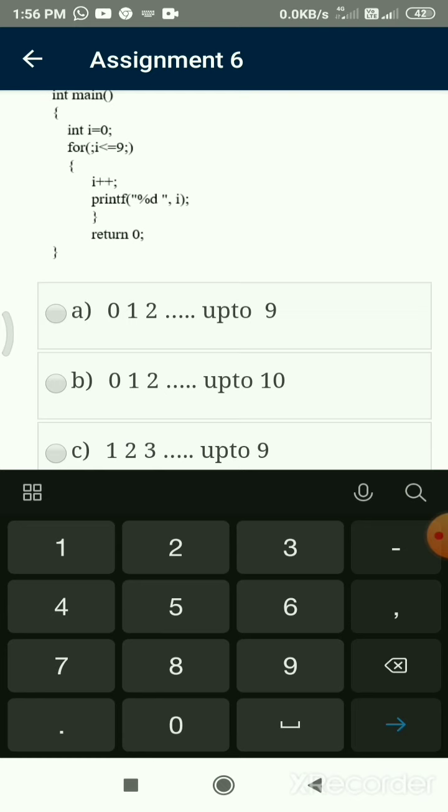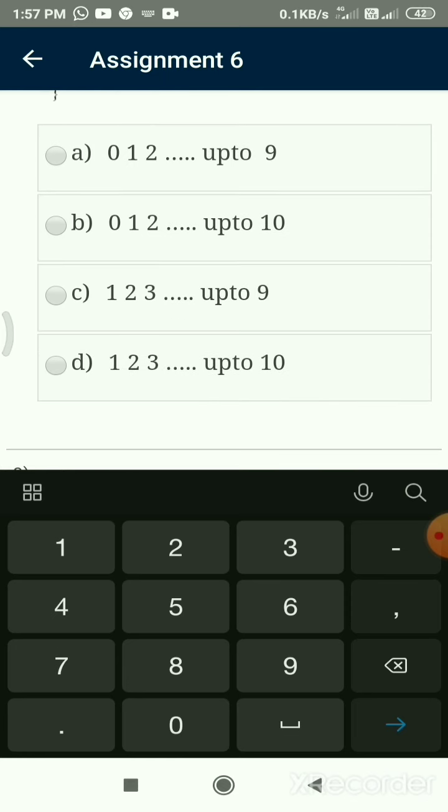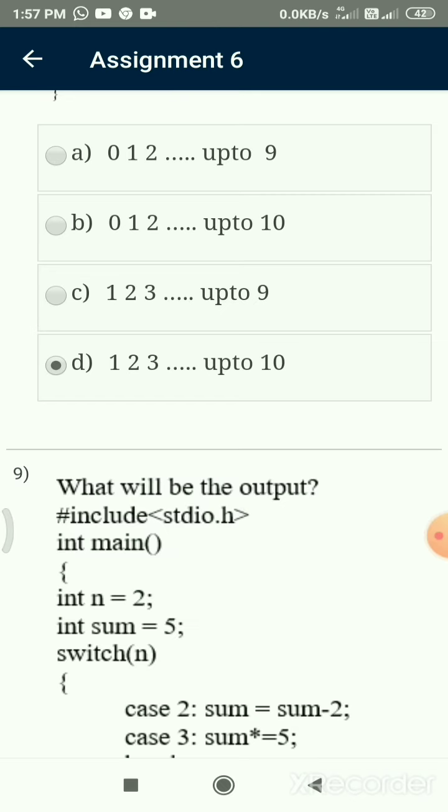The first case printed 1, second printed 2, third printed 3, and so on. When the i value is 9, 10 is also printed. So the right option is 1, 2, 3 up to 10, the 4th option, D.